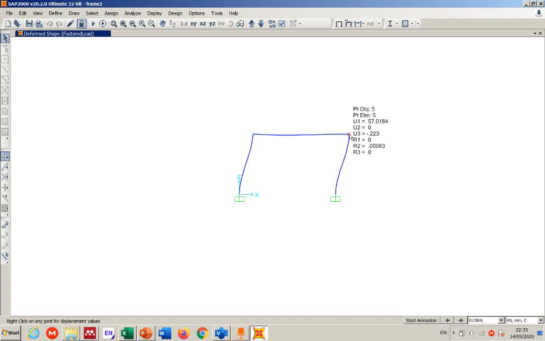You see that there are U1, U2, U3. And now basically the U1 goes for X, I mean in the direction of X. This is 57 millimeter. It is moving to the right, and then